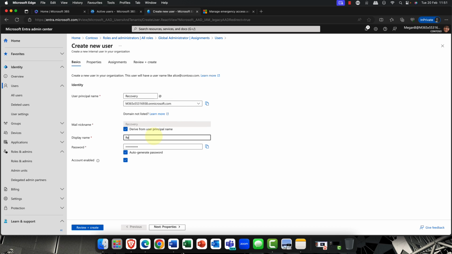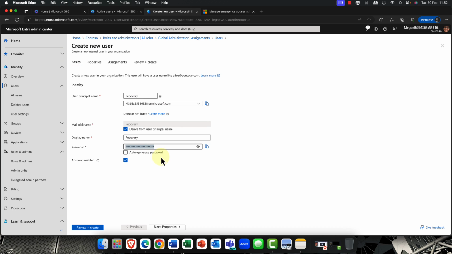Again, I can put in a username for this, but what I would strongly recommend is that you don't auto-generate the password and you use a really, really long password for this, okay? But the key thing is you want to keep this a long passphrase.